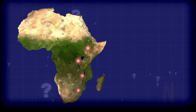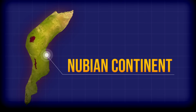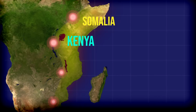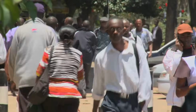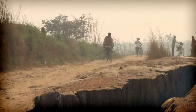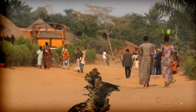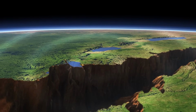What we know is that people are already calling this new land the Nubian continent. If the predictions are right, it will include Somalia, Kenya, Tanzania, and part of Ethiopia. That's exciting and concerning at the same time. As new coastlines emerge, countries will need to make major adjustments when it comes to infrastructure and land management. They might lose a lot of roads, houses, and other constructions currently located near or right in the East African